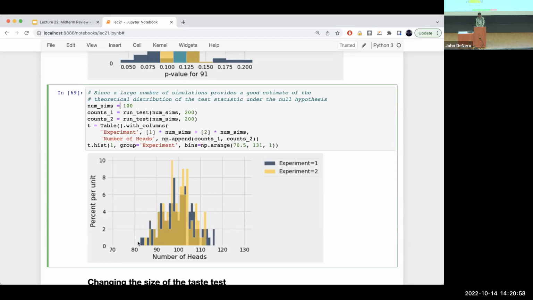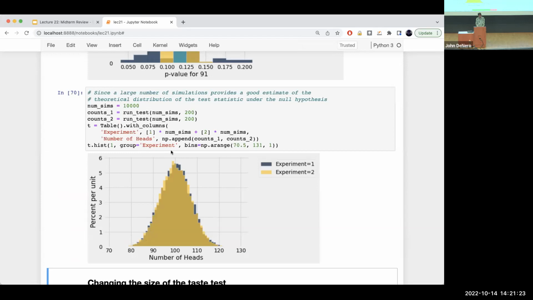In fact, what I did here is I just ran it twice. 100 simulations for the first experiment, and then 100 simulations for the second experiment. And these histograms are supposed to approximate the null distribution. But they do kind of a lousy job in this case because they're so bumpy, whereas the true null distribution is much smoother. But if instead I use 10,000